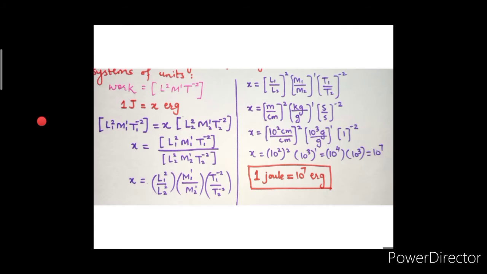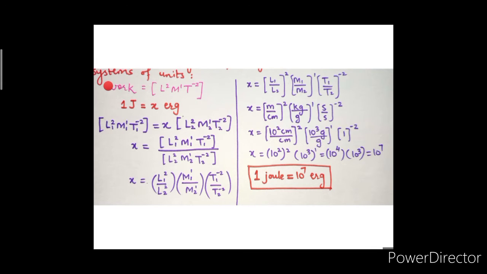So here we are considering the example as to determine the conversion factor between the units of work in two different systems of units. First of all we are supposed to write down the dimension of the physical quantity, as we have considered here for work. So for work done, what would be the conversion factor from SI system to CGS system and hence from CGS system to SI system. First of all we have to write down the dimension of work, which is L2 M1 T